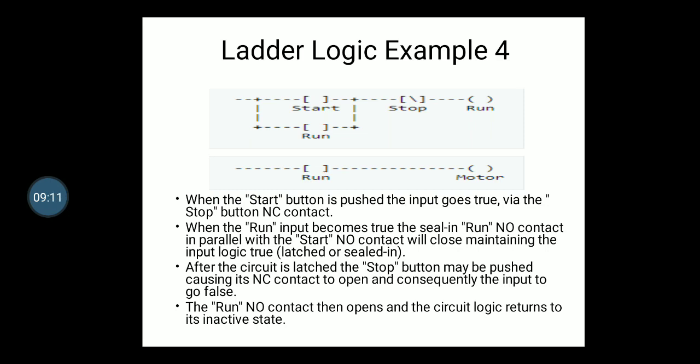But why are we using this run? What is the function of this run? Let's see. Suppose, because it is not permanent, you just press the button. It is momentary. It is closed, right? And once the current flows, it will start running. But after you release the button, it will again become normally open, right? So again, if it becomes normally open, the machine will stop. So that is why we have done OR of this run with the start.